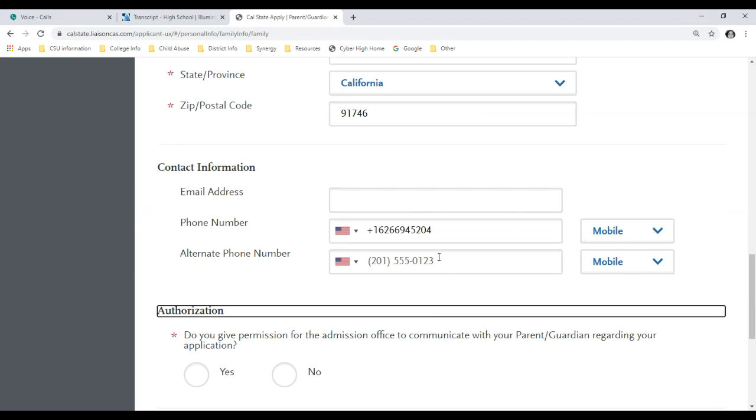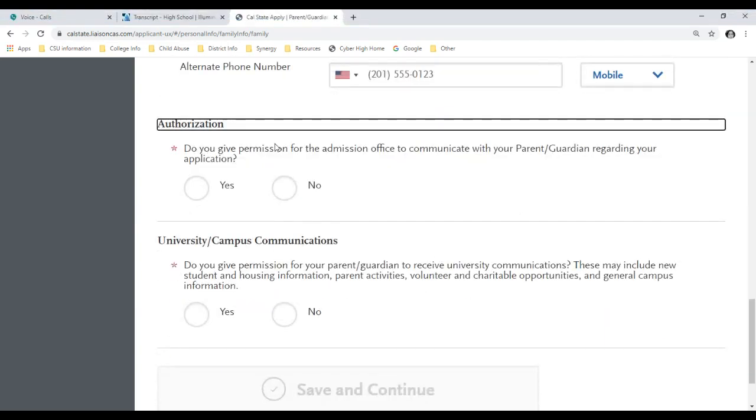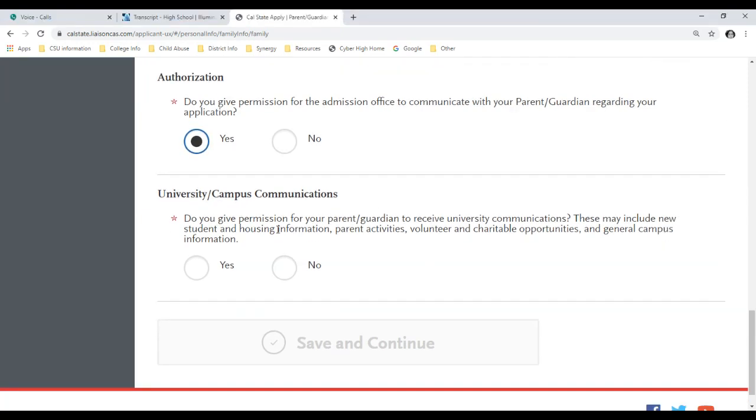Okay, this is the mobile. Do you give permission for the admissions office to communicate with your parent regarding your application? I'm going to put yes. University campus communications: do you give permission for your parent or guardian to receive information communication? This may include new student and housing information, parent activities, volunteer opportunities,